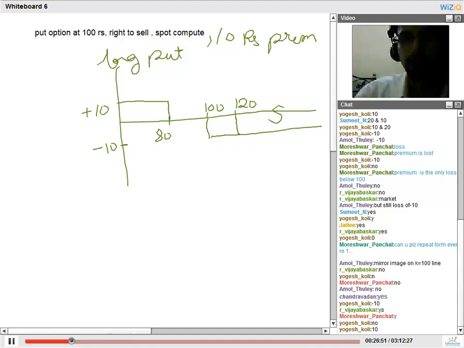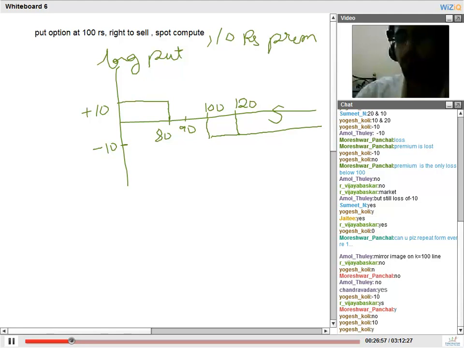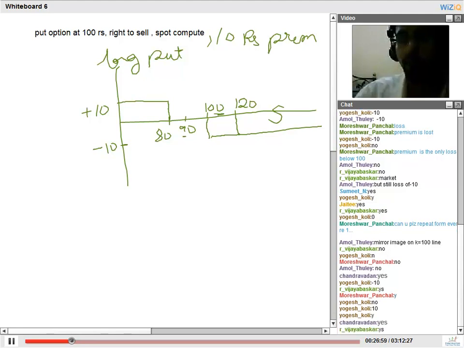If the stock price ends at 90, will he exercise the option? Yes, he still will exercise the option because he can sell it to the counterparty at 100 and he can buy at 90. So he will sell it at 100, buy it at 90 and make 10 rupees of profit. However, 10 rupees is also the premium that he paid, so incremental profit is just 0. Again guys, this will be a 45-degree line. For every 1 rupee fall in the stock price, the profit or the payoff will increase by 1 rupee. As the stock falls to 79, 76, 0 in the best case for the holder of the put option, his profit will keep moving up.